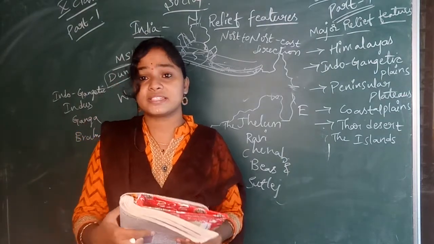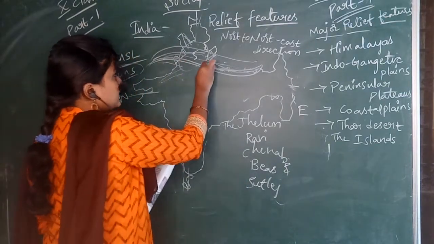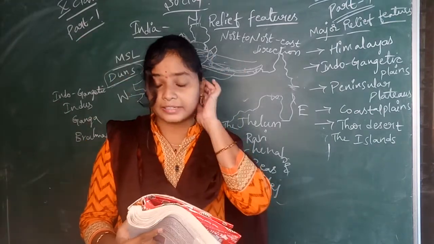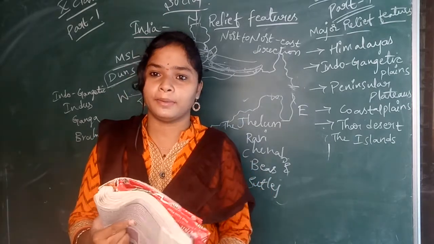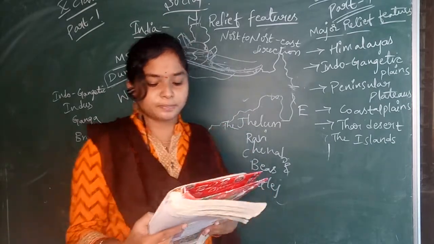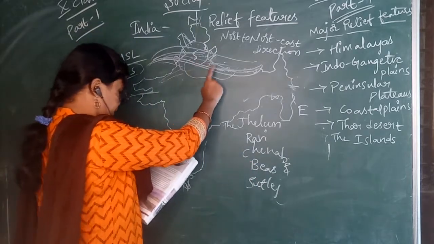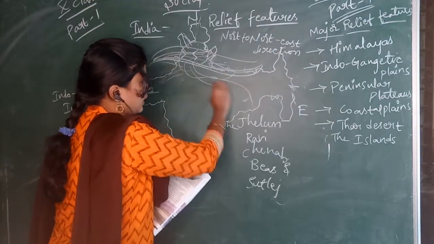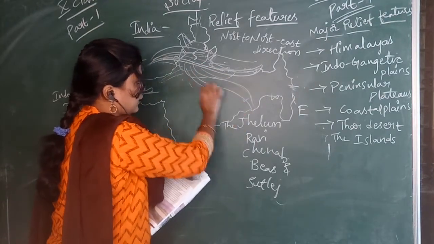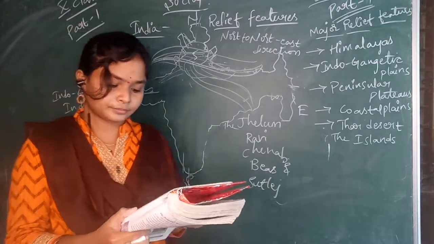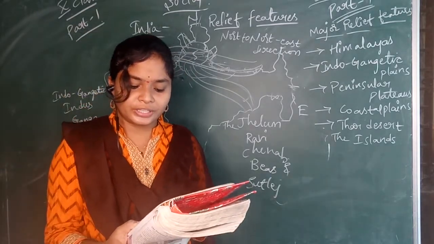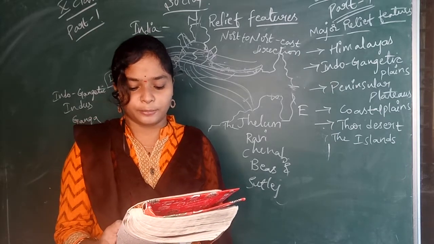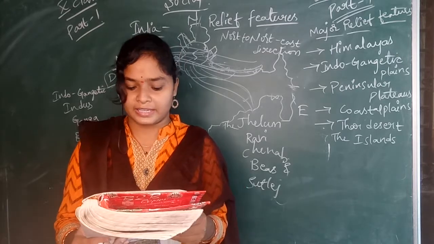So next is about the central part. Central part is known as Ganga, sorry, and it has the Ganga plains. What is in the Ganga part? The Ganga plains. So this part mainly spreads in Uttar Pradesh, Bihar, Haryana, Jharkhand, West Bengal. So it flows in this way. The Ganga and Yamuna tributaries are Sone, Kosi, etc.